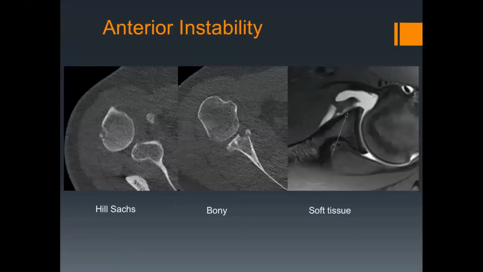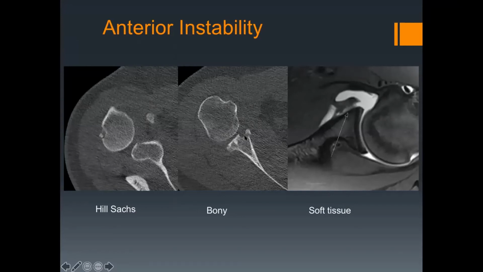So moving on to anterior instability. I'm sure you're all very familiar with this. The characteristic injury pattern as the humeral head comes out of joint is the Hill-Sachs lesion at the posterolateral aspect of the humeral head. And you get a variable injury as the humerus impacts on the anterior glenoid, occurring at the anterior-inferior quadrant. So this can either be osseous, so the bony Bankart as shown in this situation, where you have